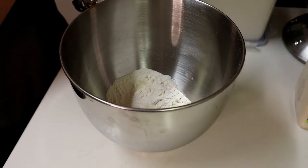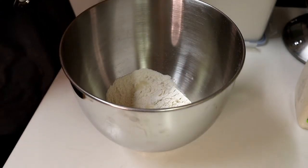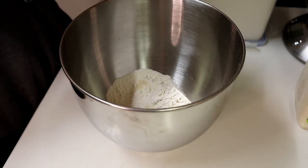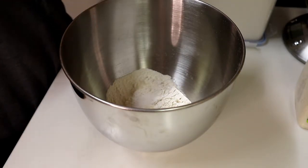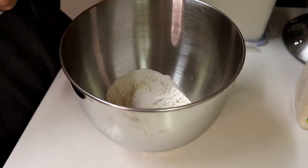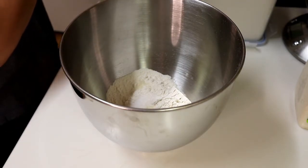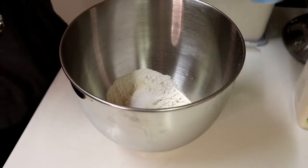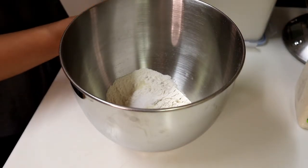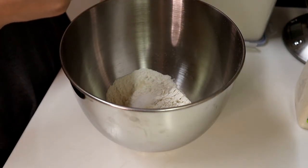3/4 teaspoon of salt, so I guess I'll just do 1/2 teaspoon and then 1/2 of a half, right? So 1, and then about 1/2. Okay. And then it says to add the yeast, and it doesn't want you to mix it with anything beforehand,